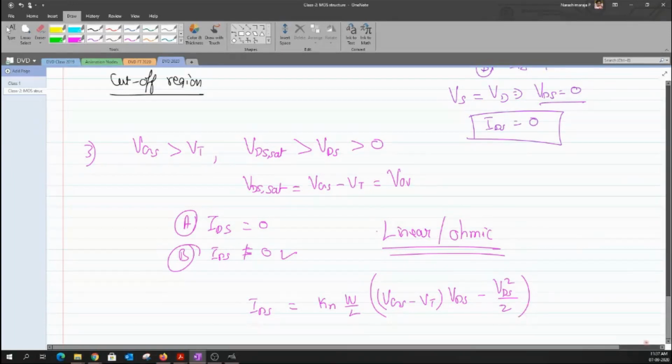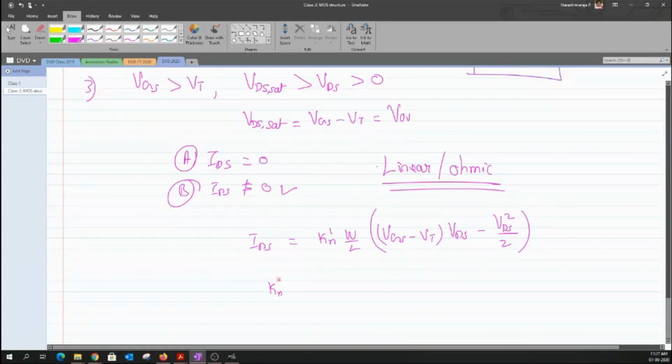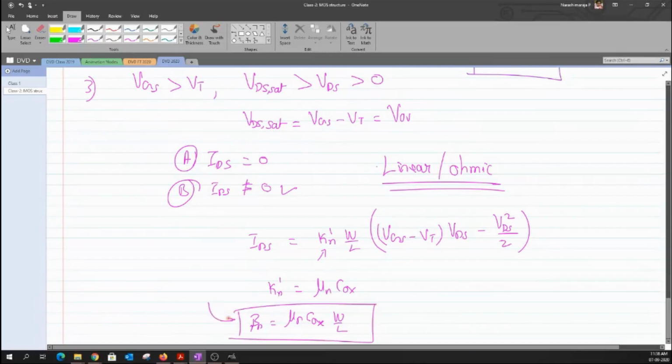Sometimes this Kn dash, which is a process parameter, is equal to mu n times COX. Now, when we have a subject like VLSI, we normally will not deal with Kn dash. We have a parameter known as beta, and this beta is defined as mu n COX into W by L. So we'll be utilizing this beta factor rather than this Kn dash, which you would have normally used for